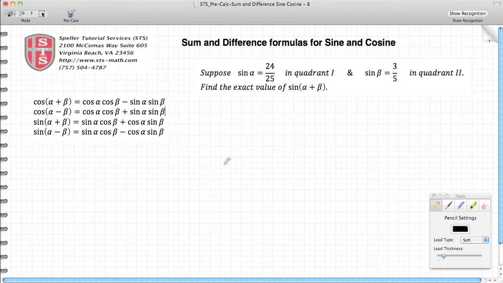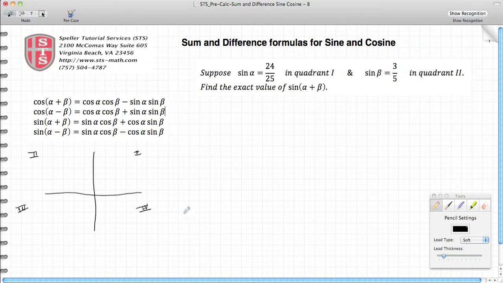Alright, to start off, we're going to go ahead and just sketch what these angles look like in the appropriate quadrants. If you notice, in this video we don't have the values of alpha and beta. We're just going to use what's given and derive everything else that we need. So first, let's begin. Quadrant 1 is the upper right hand quadrant. Going counterclockwise, the quadrants increase. Well, that's 2. This here is quadrant 3. And last but not least is quadrant 4.